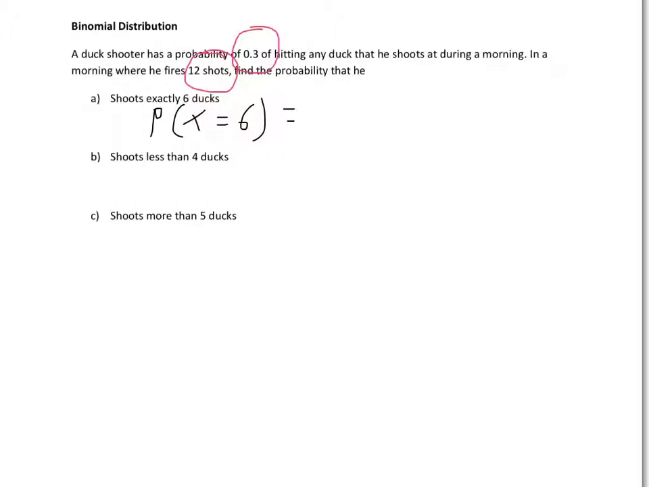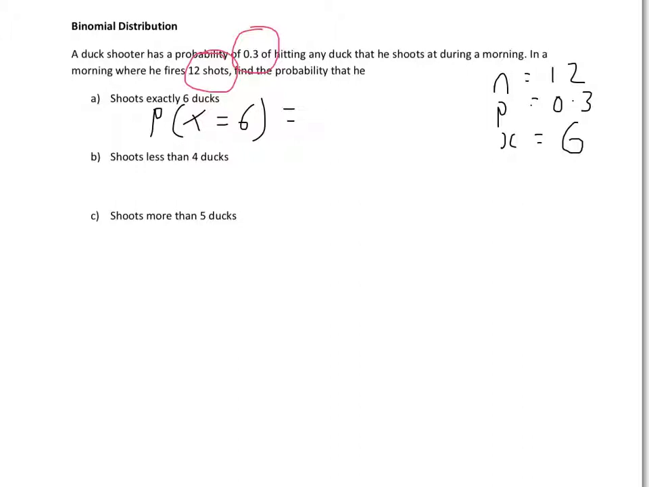Okay, so what are we going to do? Well, we care about the parameters. We've got n, p, and x. In this case, n is always the total number of trials, 12. And the probability is 0.3. The only thing we're going to be changing in each of these questions is x. Probability of hitting exactly 6, x is 6. So what we're going to do is either go into the formula and just plug those three numbers in,